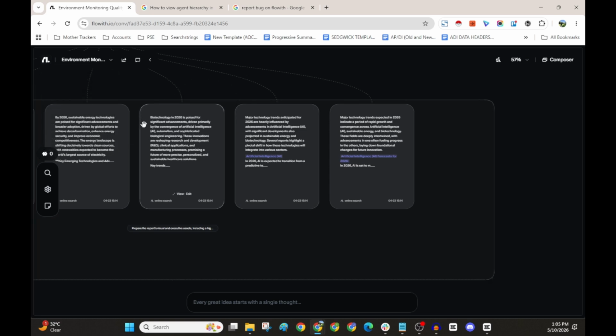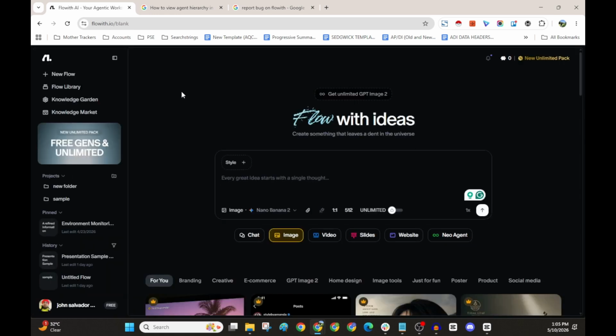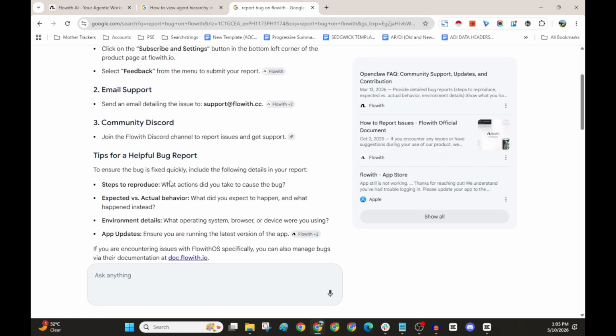If the bug completely locks you out, you can open up your email client instead. Draft a message explaining the glitch, attach any helpful screenshots or video clips, and send it directly to support@flowith.cc. Alternatively, you can head over to the official Flowith Discord community, where you can post technical issues inside their